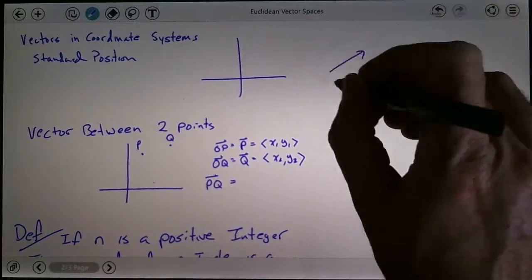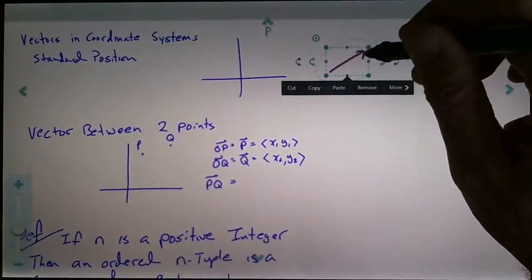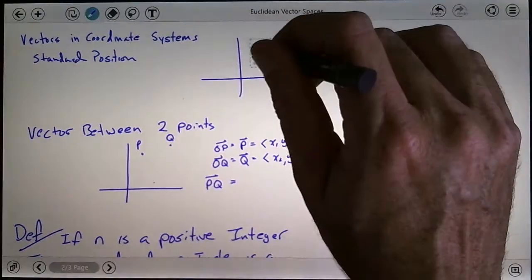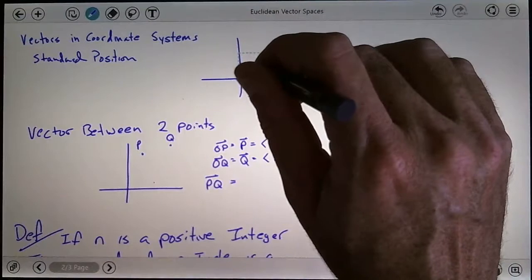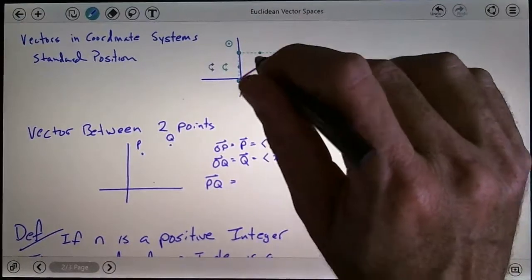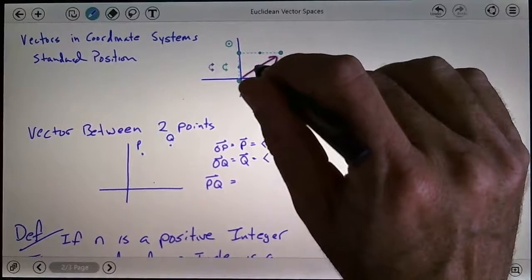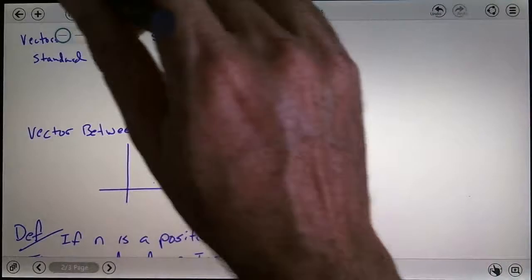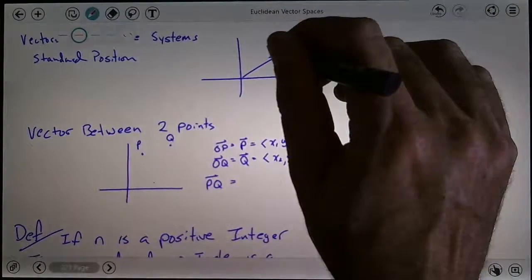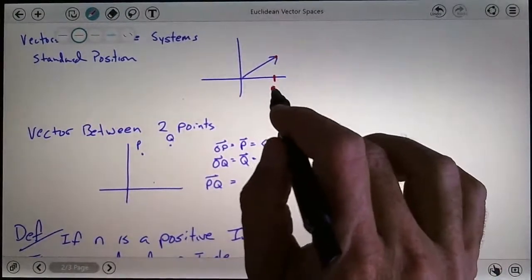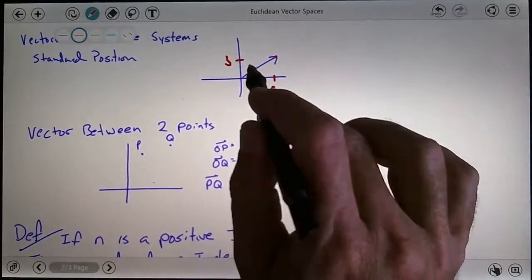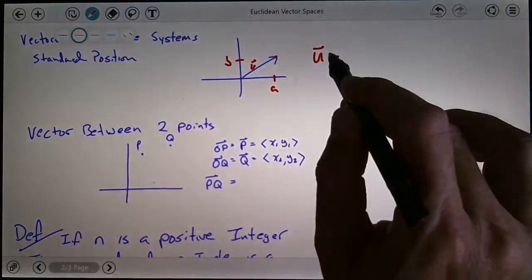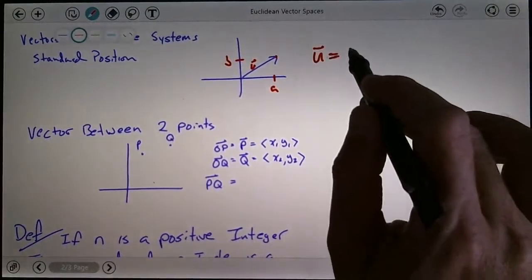So no matter where it starts from, we're going to pick it up and move it until the initial point is at the origin. So every vector, when it's in standard position, has its initial point at the origin. Then we look at where the terminal point is. The terminal point is going to have coordinates, let's say A, B. So if this is the vector u, I'm going to say that u is equal to